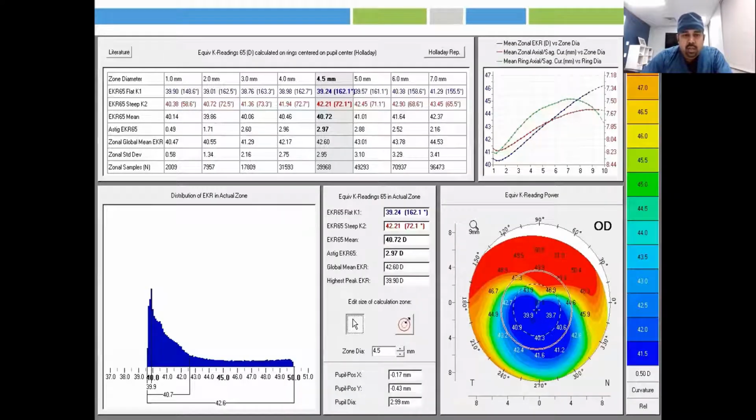So if you look at this image, this is something that you would have commonly seen as an EKR map. If the amount of cylinder and the axis of cylinder varies between the different pupillary zones, that has to be considered before we label a patient as having a regular or irregular cylinder. And if you look at these values, they vary from, say, at the 1 millimeter zone, K1 minus K2 is 0.49, whereas at the 5 millimeter zone, it is around 3 diopters.